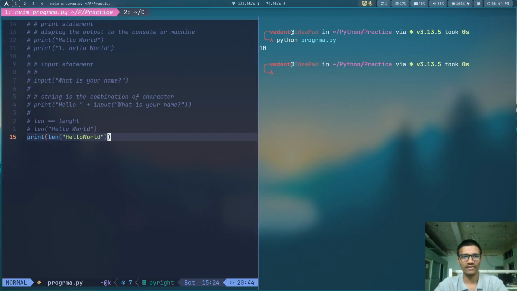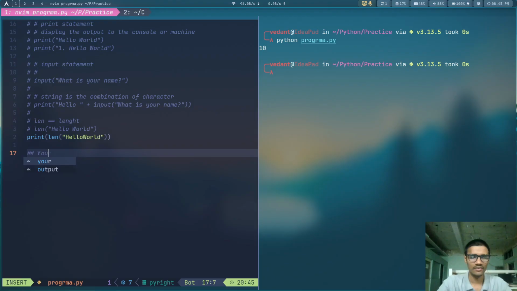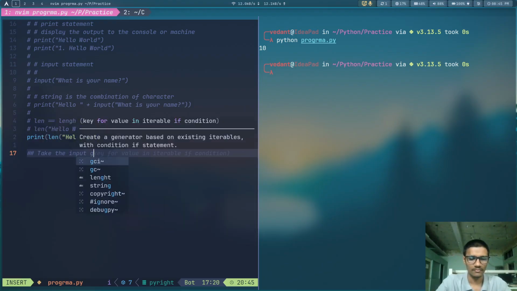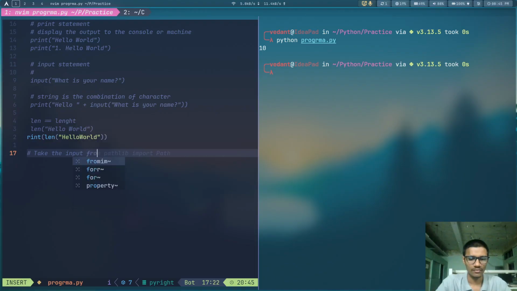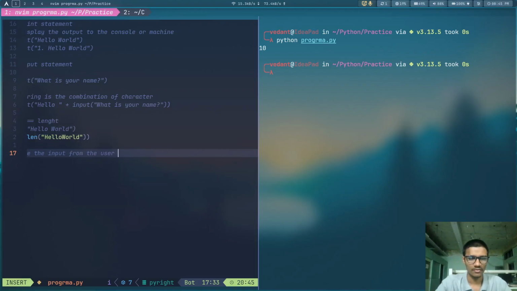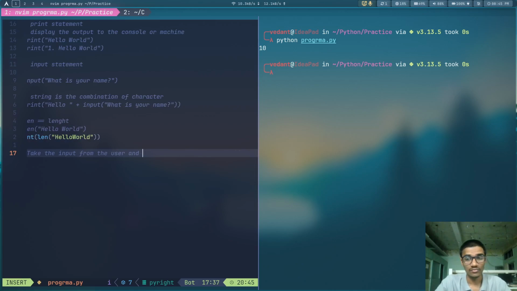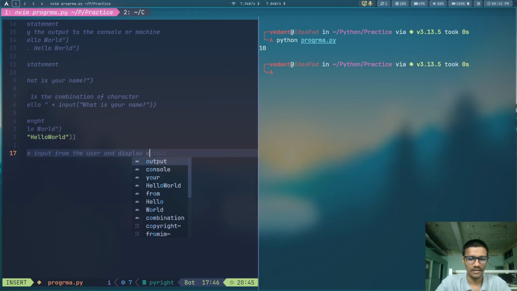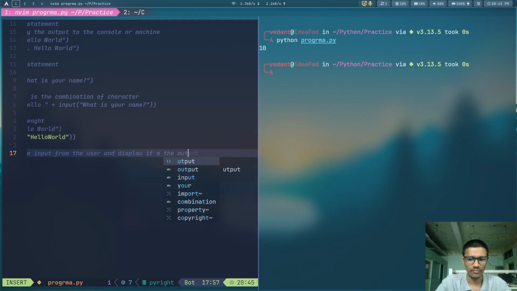So let's do a trickier question. Here is the question, pay attention. Try to solve it by yourself if you are able to do it. Take the input from the user and display it as the output